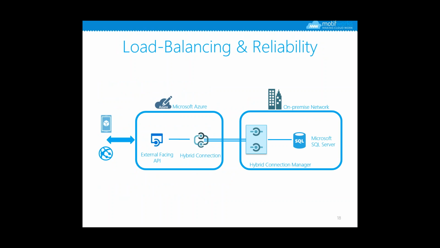Let's look at a couple of advanced scenarios. In this case, our Hybrid Connection Manager server can become a single point of failure, which we would not like to have. We can leverage multiple Hybrid Connection Managers on-premise. We can club them together to create a load balanced tier of Hybrid Connection Managers, and all the connectivity can pass through it. This gives you the advantage of a high availability mode of Hybrid Connection Manager.